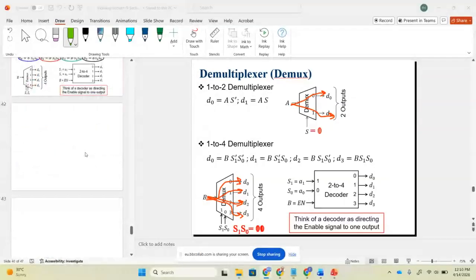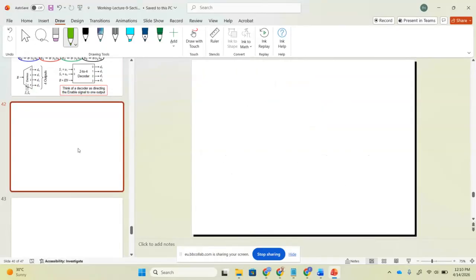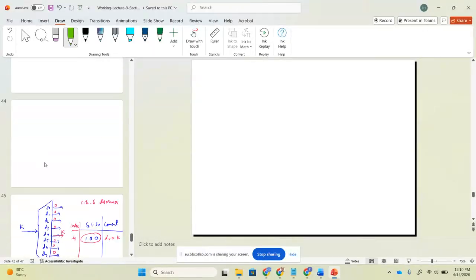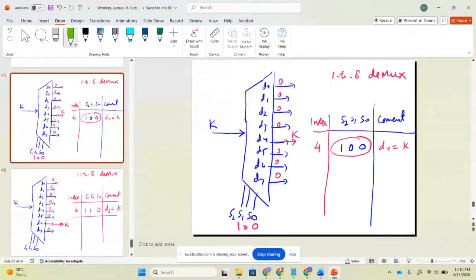Okay, now instead of doing this, I want to design an 8 to 1 demultiplexer. Okay, 4 to 1 is there, but I want to design it. Now, is the screen visible? Yes or no? Yes. Okay, so now we want to design